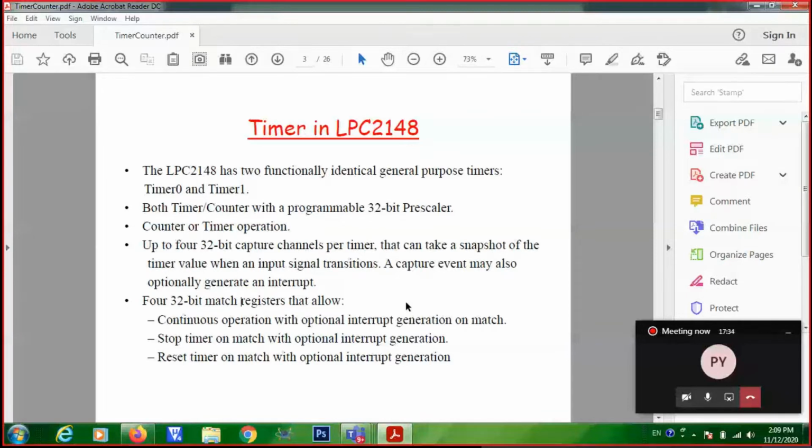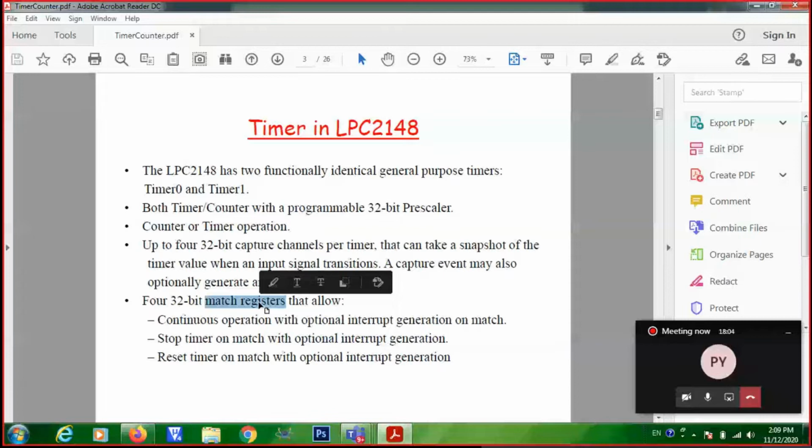You will be setting a particular time. Whenever your timer is equal to that time, it will generate an alarm or a signal basically. So it is same. That is an example for match mode of operation. So here you are having something known as match registers. 4 match registers are there. In these match registers, you can specify some time, something similar to alarm time.